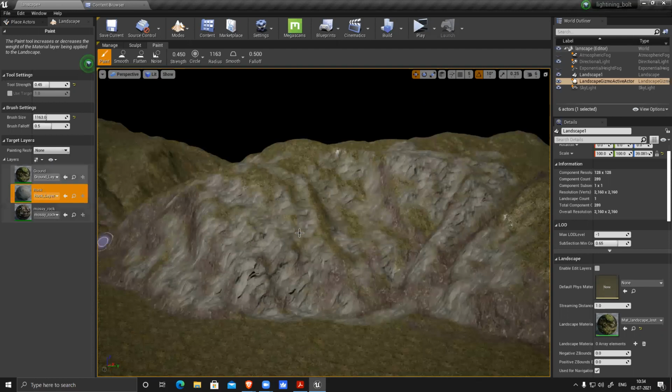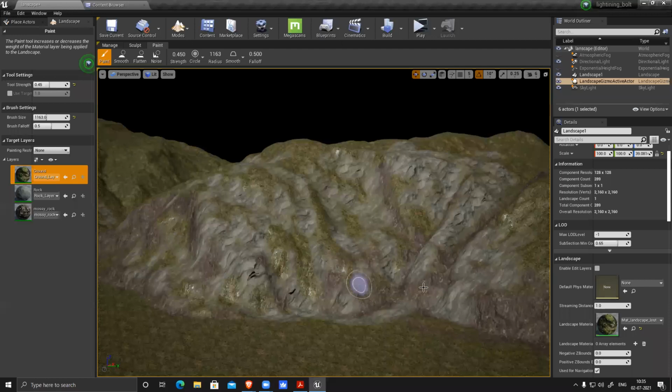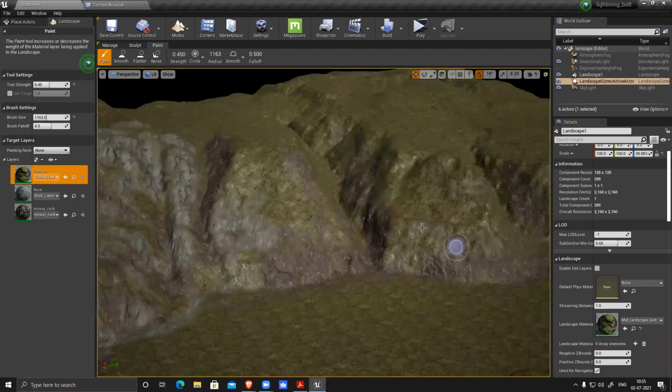And if I want to back this mouse thing, I can add this green in between.